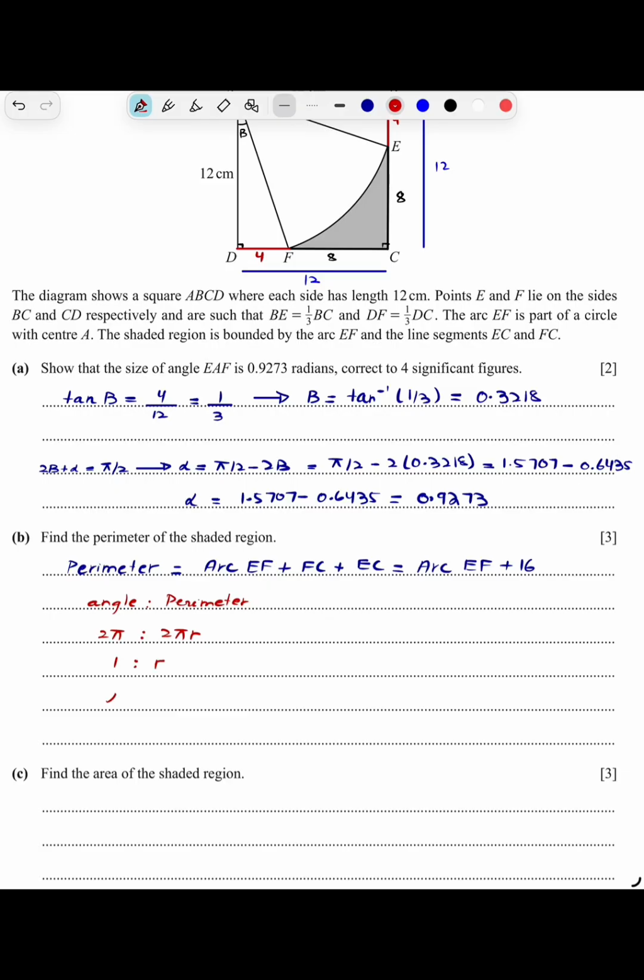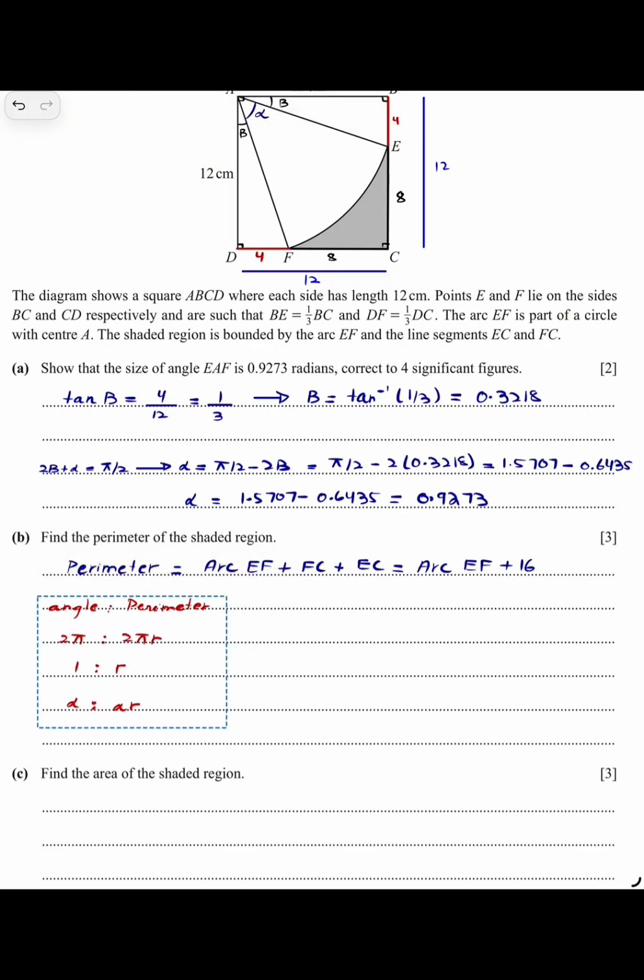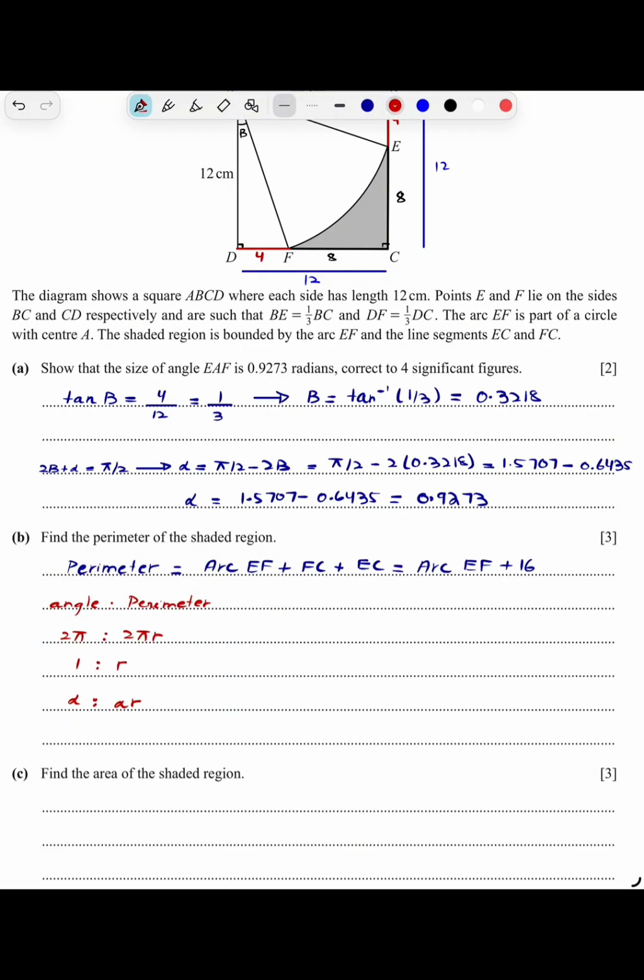So if alpha is the angle, then alpha times r will be the arc length. That's great, I'll just put this. I won't rub it out. Maybe this kind of thing will keep the examiner happy. Normally the perimeter and area of an arc should be memorized, but I'm really bad at rote learning. Okay, this becomes alpha, which we found,